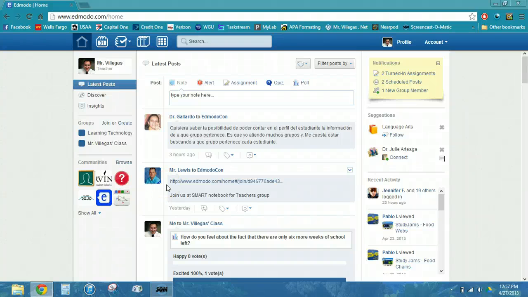The next feature I'd like to discuss is how you can use Edmodo to assess your students' knowledge. Edmodo has a feature that allows you to create quizzes to assess a student's knowledge over a unit or topic that you have introduced in class. What you'll want to do is click on the link that says quiz from your group page,